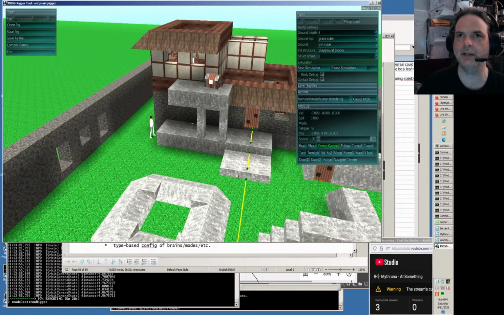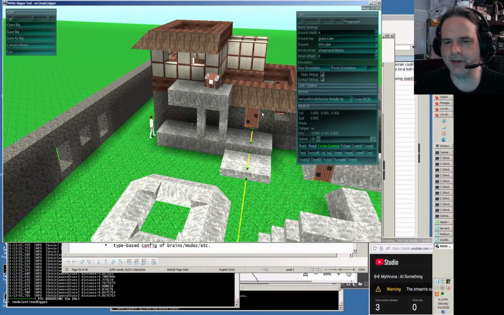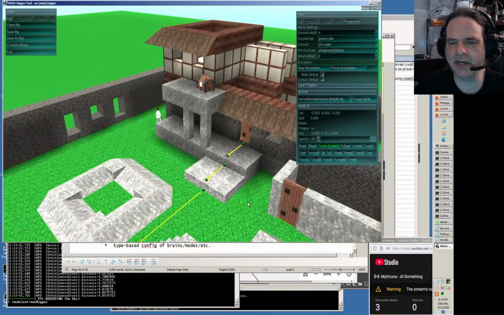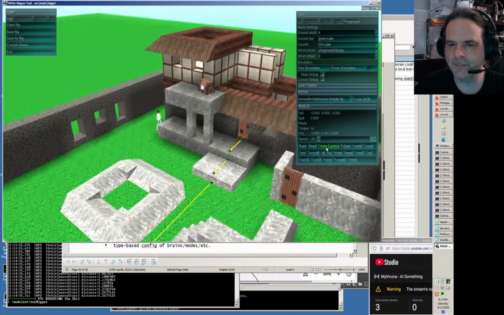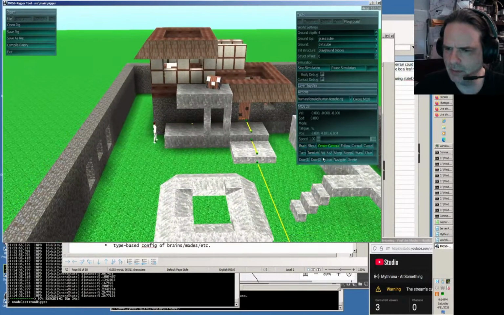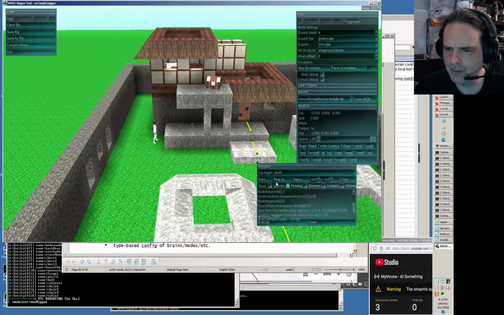And I think the way to do that, so A*, the algorithm that does this pathfinding, has what's called a heuristic, which basically decides the suitability of a path. Let me go back to the navigate, and we will try to go to the front door,